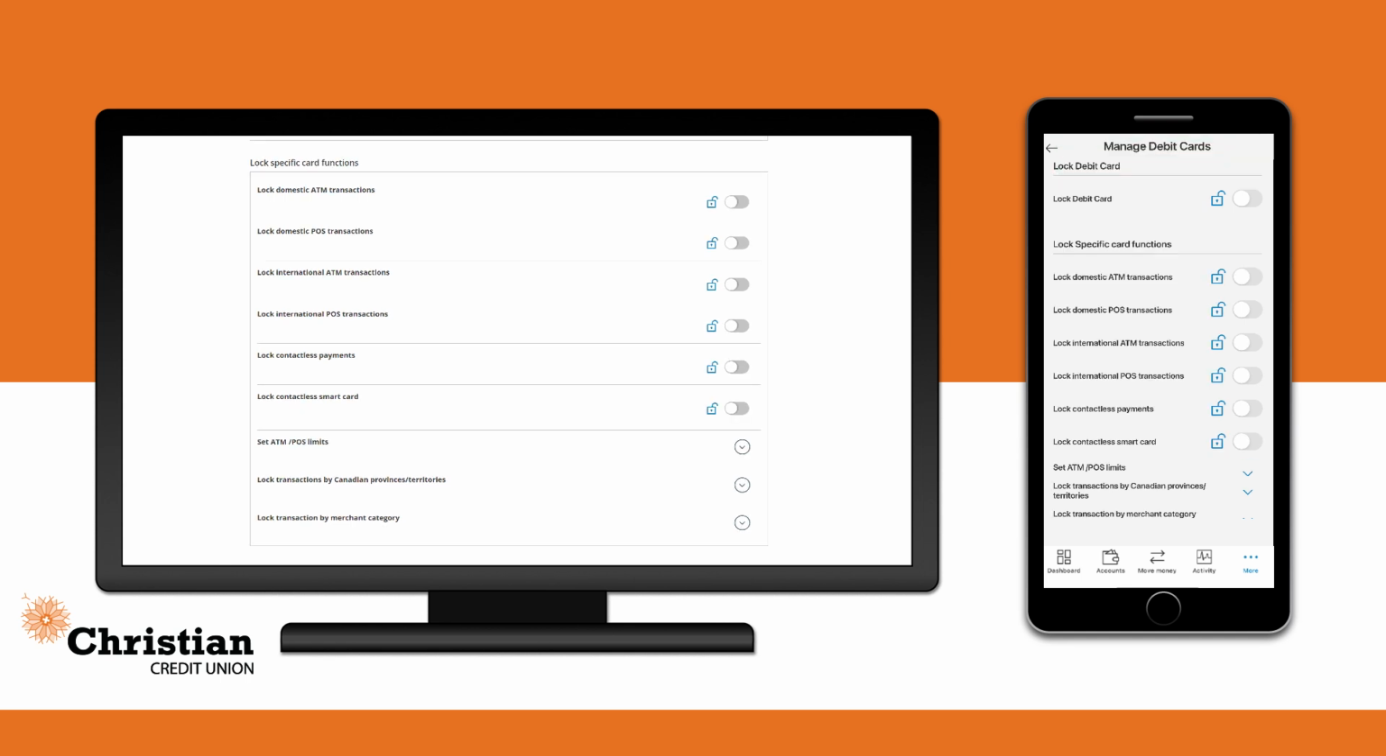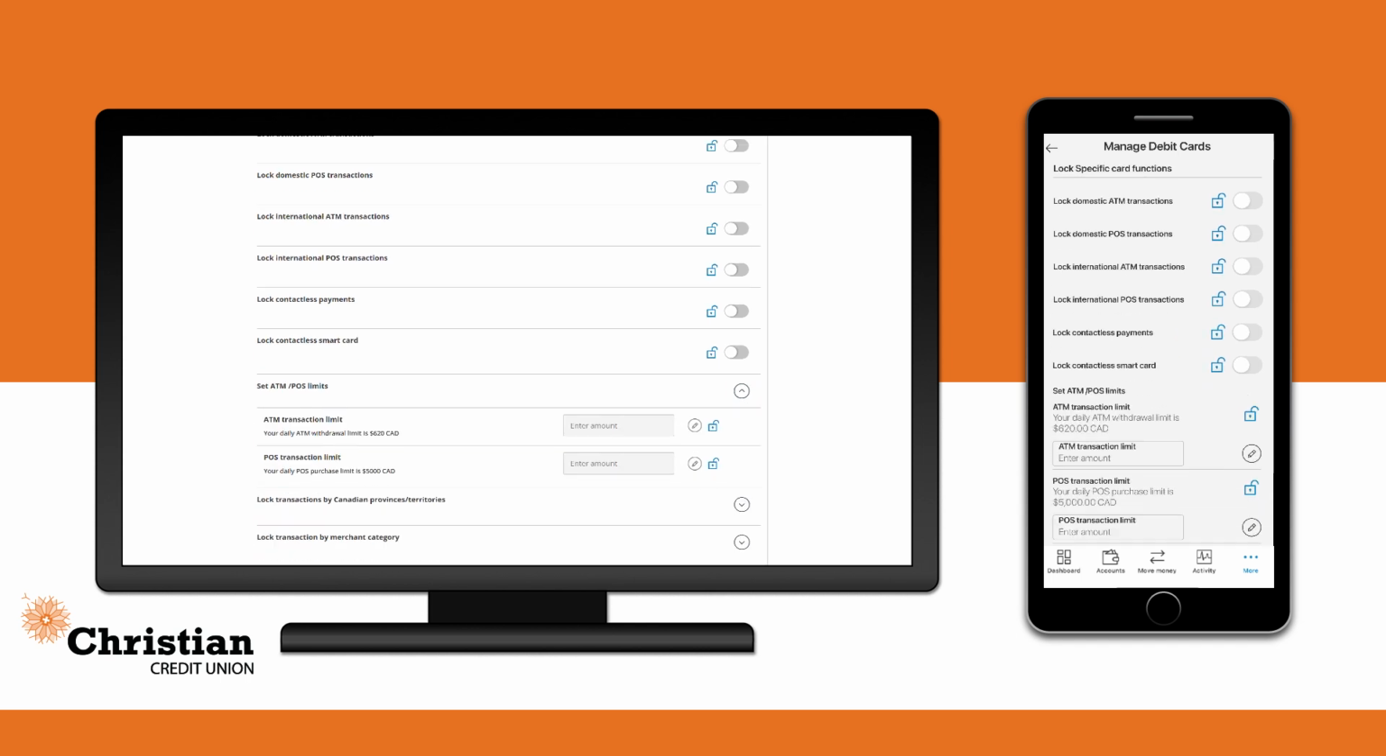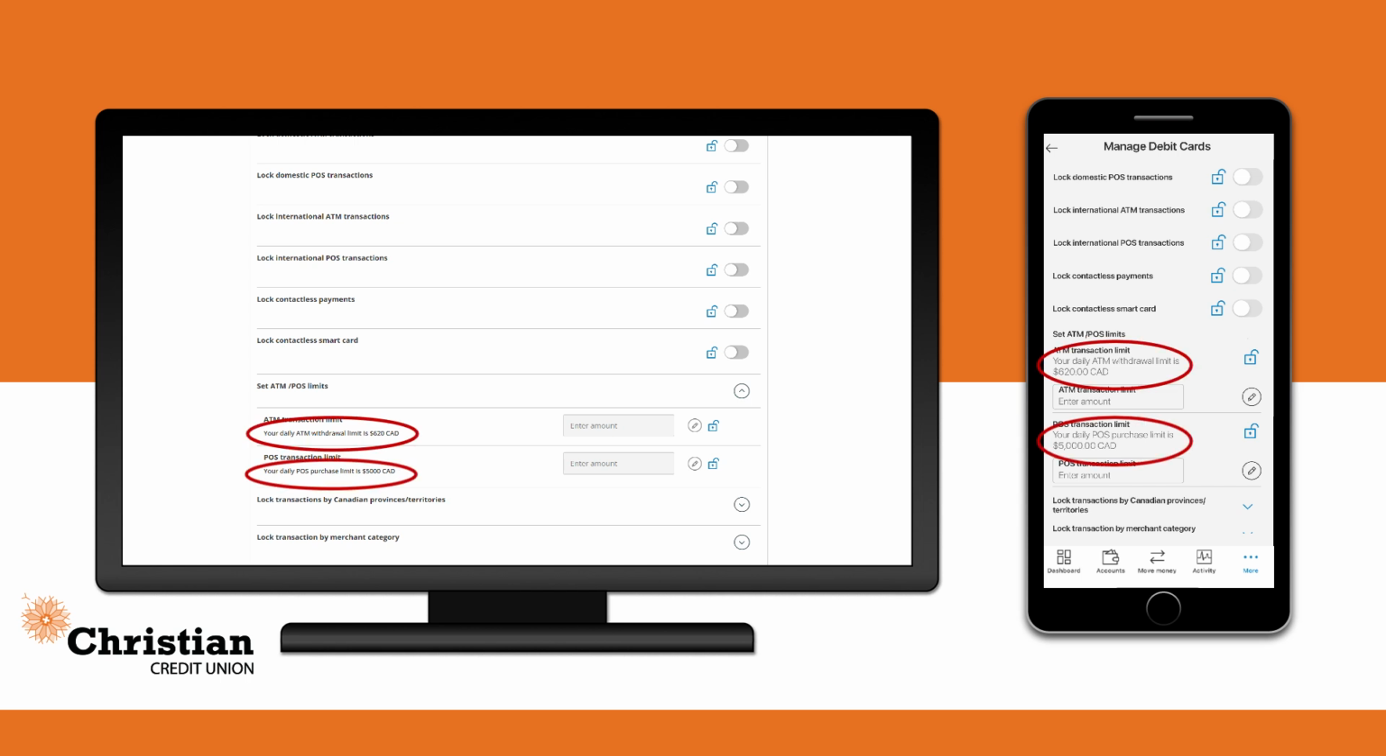Not only can you disable and enable a variety of transaction types, you can also adjust your debit card daily withdrawal limits for ATMs and point-of-sale transactions. If you tap or click on the arrow to the right of Set ATM POS Limits, you will be able to see your current ATM and POS limits and enter a new lower amount by selecting the little pen icon